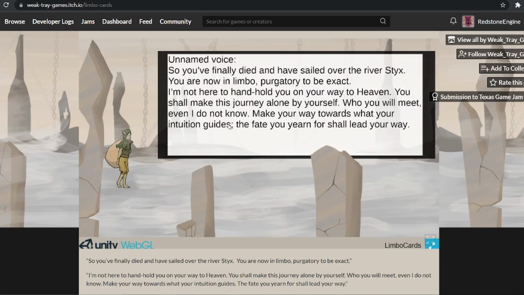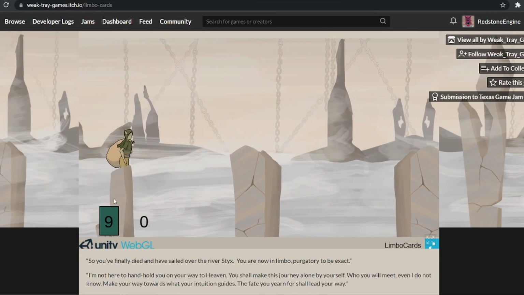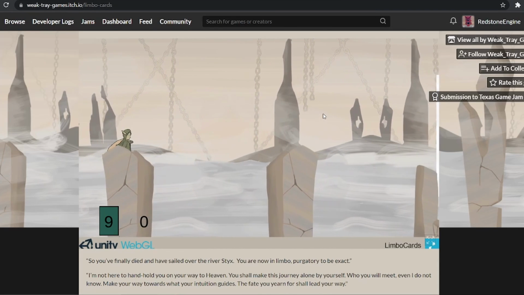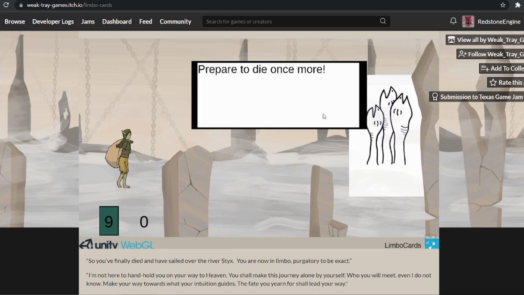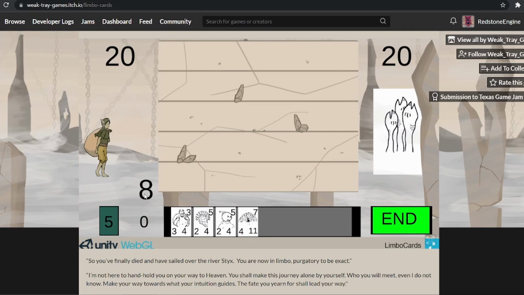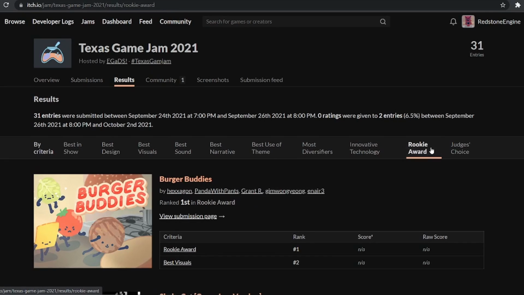So there's like mana and things like that. You can see your cards. I'll quickly open up a battle because I know that the battles happen pretty quick. So yeah, the numbers aren't labeled, so I don't particularly know what any of this means, but yeah, it's a card battling game. Very cool.